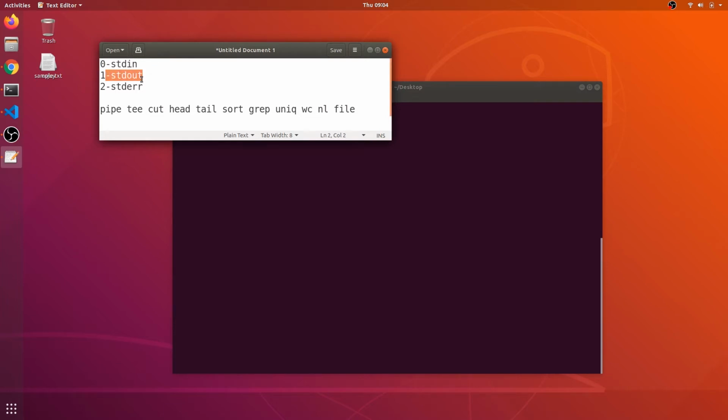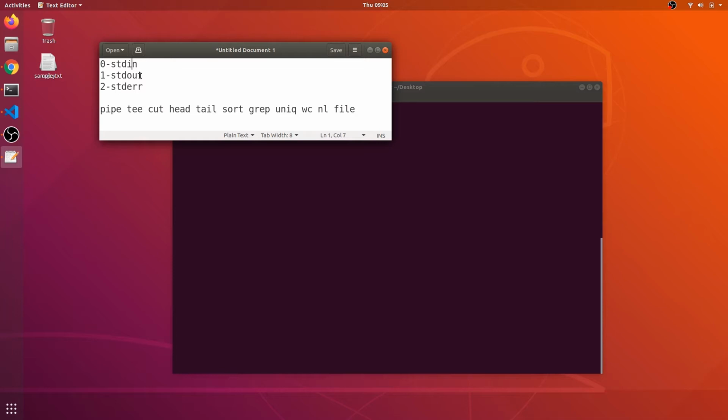This standard output is represented by 1, and if you use these 0, 1, 2 in your Linux commands, then automatically the shell understands that you are going to ask for the content of standard input, standard output or standard error. So this standard output points to our desktop screen.